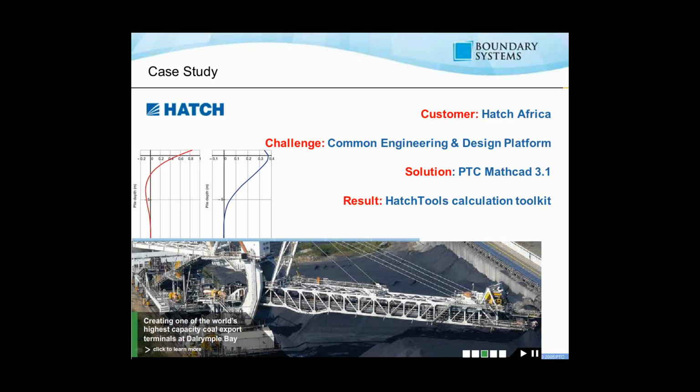What Hatch did is they made their Mathcad development open source, so any engineer anywhere in the world could open an existing Mathcad worksheet and either reuse it as is or update it. If one formula is wrong, they can very quickly see that and change it. If they think, oh, this worksheet needs another formula to calculate something else, they can update that worksheet on the